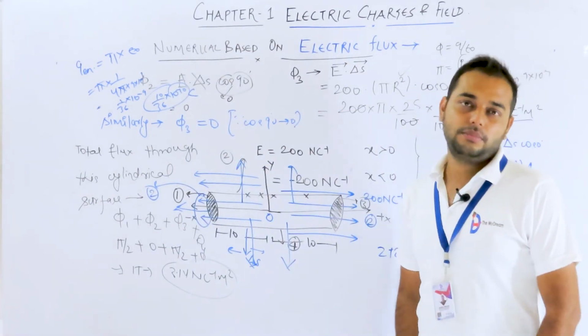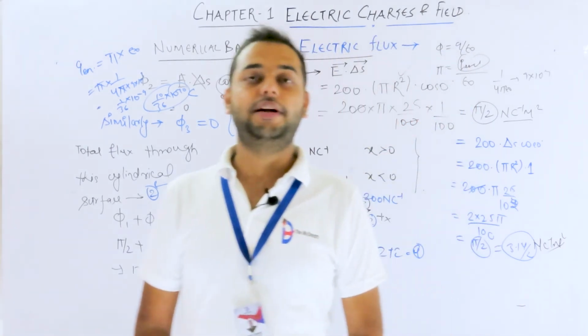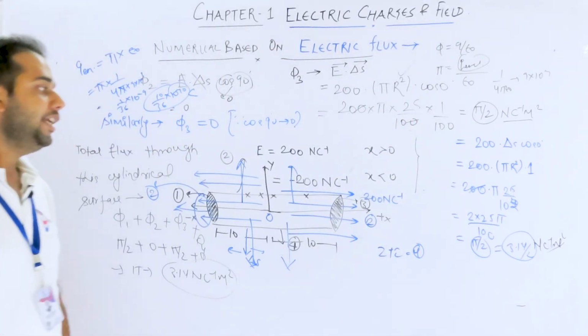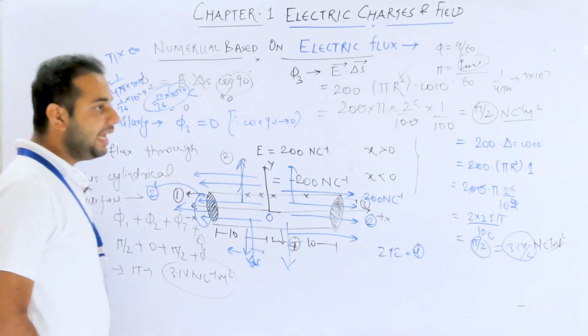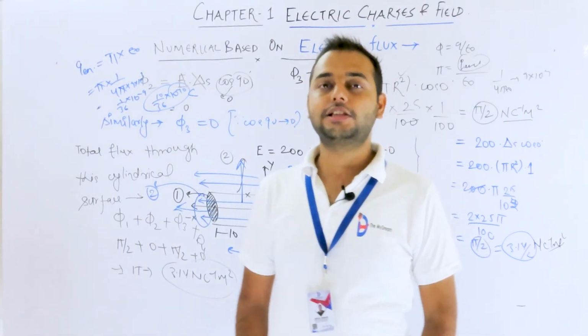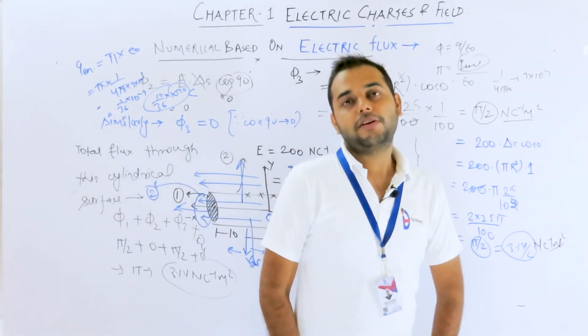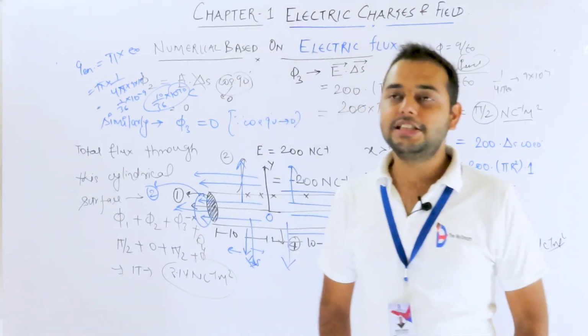Potential is always a simpler thing in an electric field because we don't have to worry about the direction, because potential is a scalar quantity. So keep that in mind. It is always much simpler to go for potential than electric field because potential is a scalar quantity. So you will see when we solve numericals for potential that we don't have to worry much about the direction at all. It will be very simple.